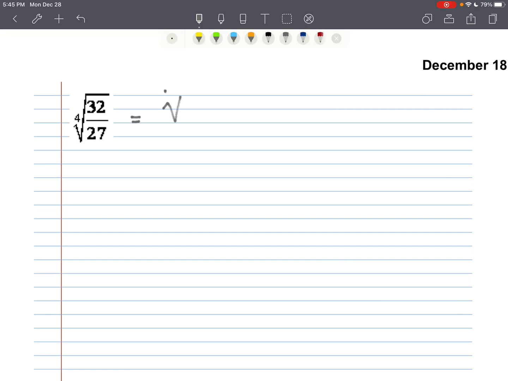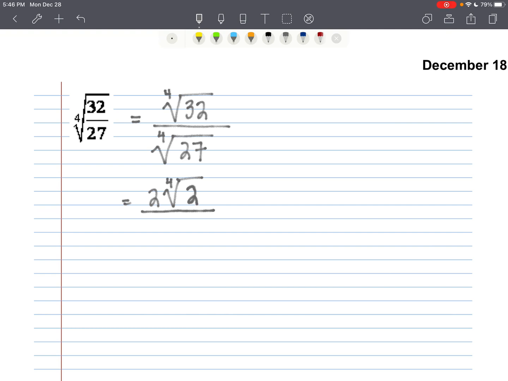Okay, welcome back. I've got the 4th root of 32 over the 4th root of 27. Now, knowing my exponents, I know that this is 2 to the 5th power, so I know that this can become 2 times the 4th root of 2. I've got 5 2's in 32, and I need a group of 4 to make it perfect, so I bring one of them to the outside,